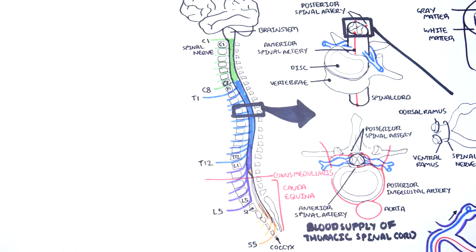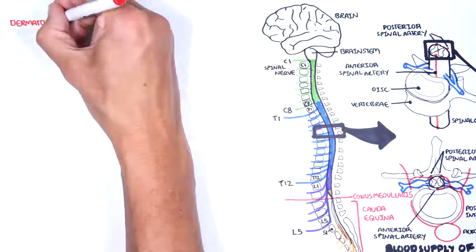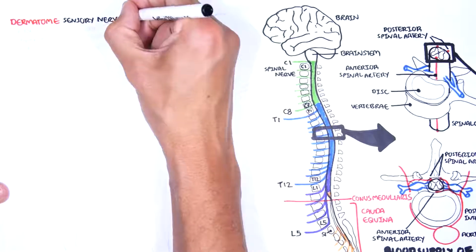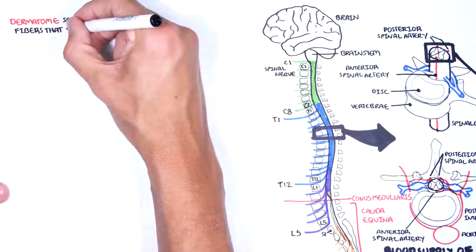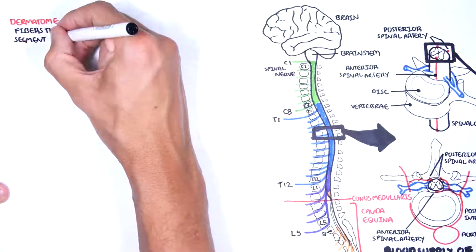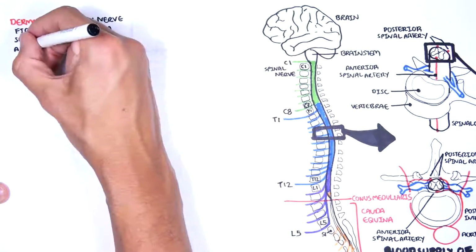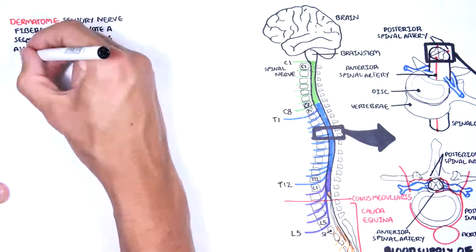Next, let's talk about dermatomes. Your skin is innervated by sensory nerve fibers. Dermatomes are sensory nerve fibers that innervate a segment of skin and are associated with a single spinal cord level. So for example,